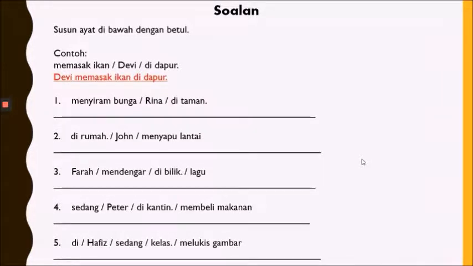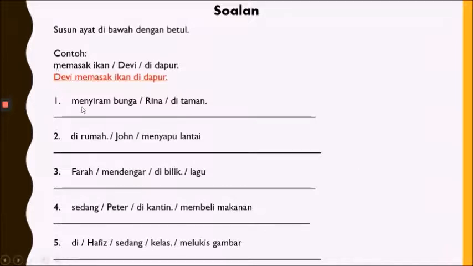So now we're going to look at these questions right here. What I want you to do now first is you go and take your exercise book, your buku latihan, and your pencil box to the table. Make sure you have it on your table right now. You go and take it first. Alright, so once you have your buku latihan, your exercise book, and your pencil box on the table, open the exercise book to a blank page. Find a blank page, make sure you can write on that page. Okay, and take your pencils and your erasers out.